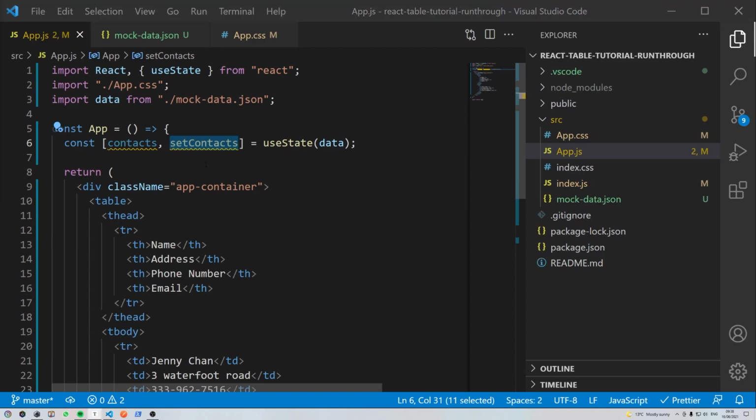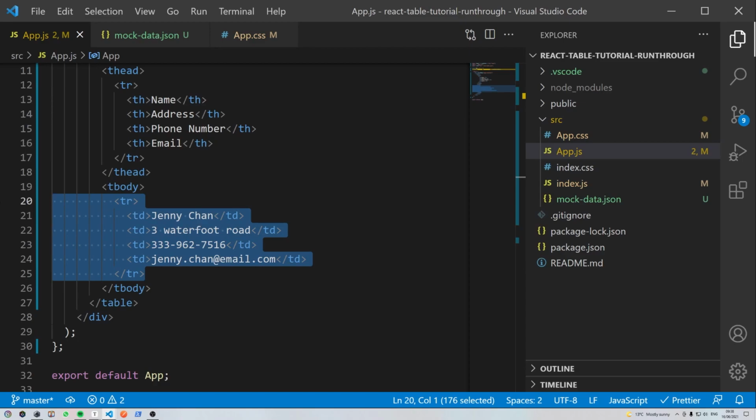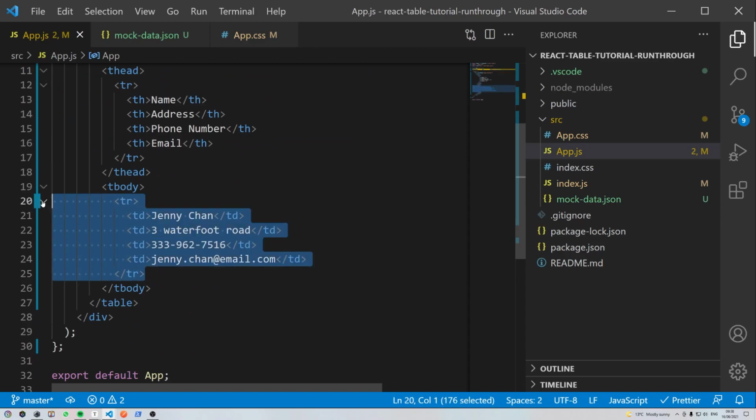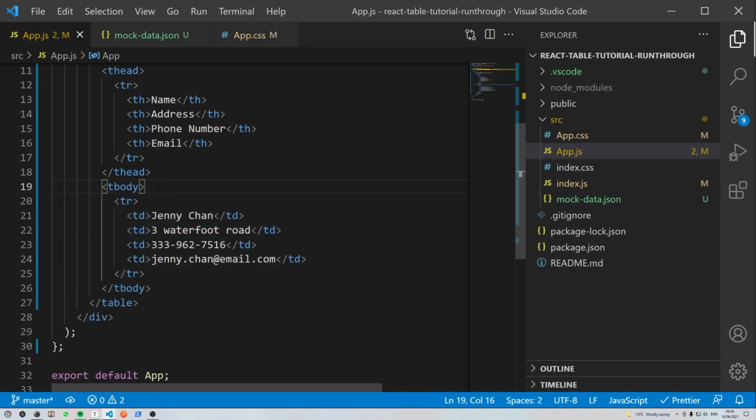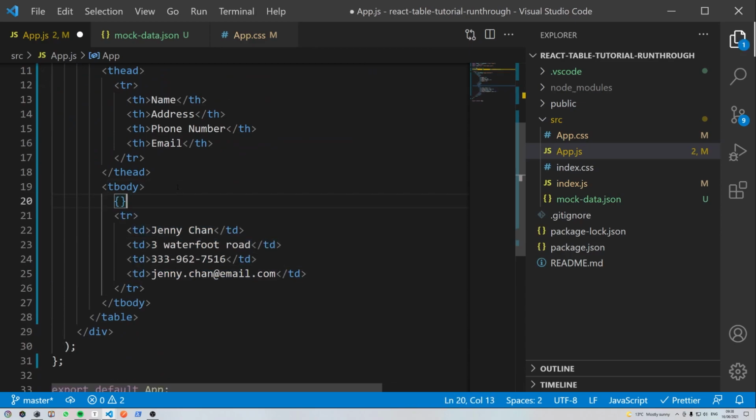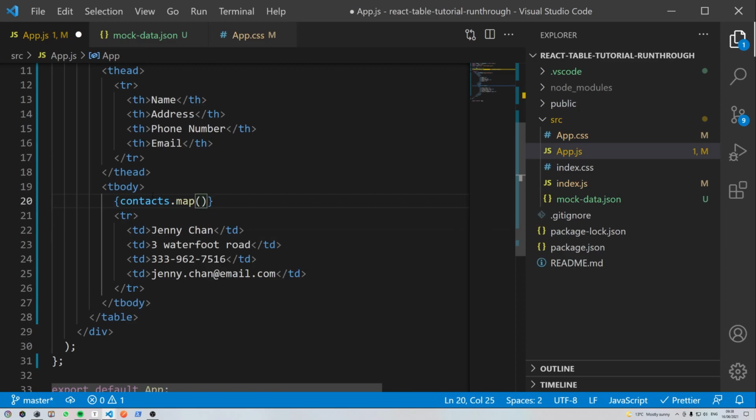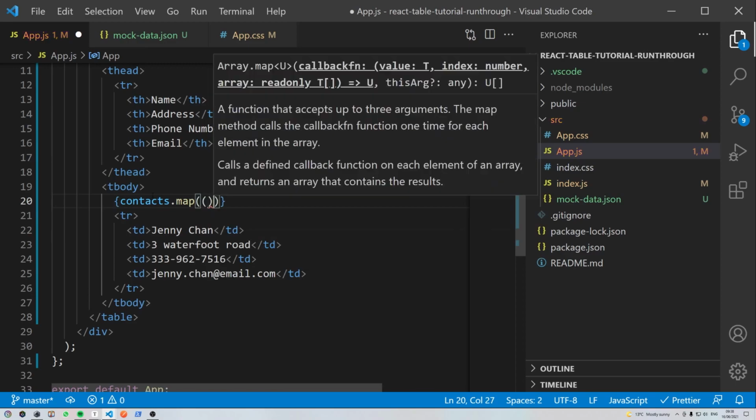Now we have some data to work with. What we want to do is render a table row for each object in our array. To do this, we will use the map function to loop over our array of contacts, which we just stored in state up here, and output the row. So just inside the table body tag, we will take a new line, open some curly braces, and then we will say contacts.map,